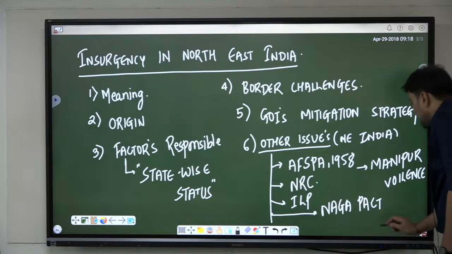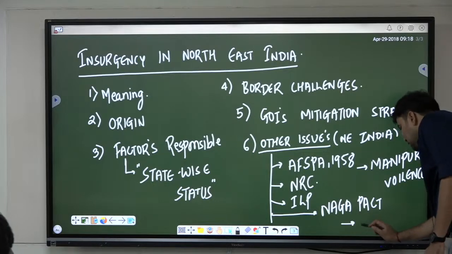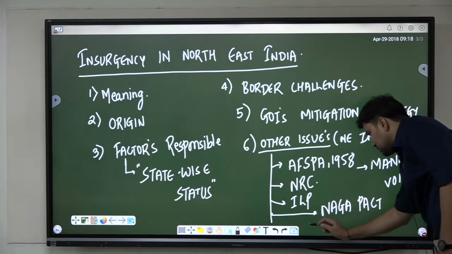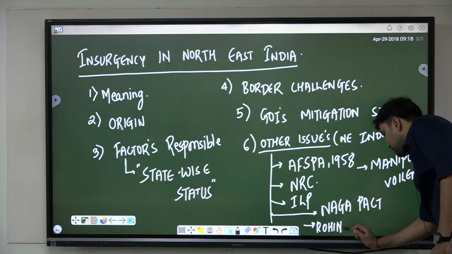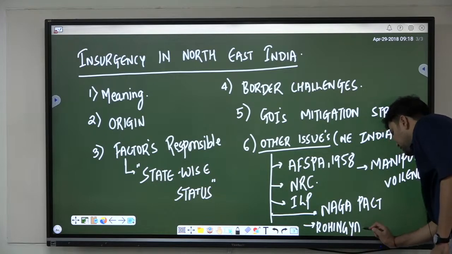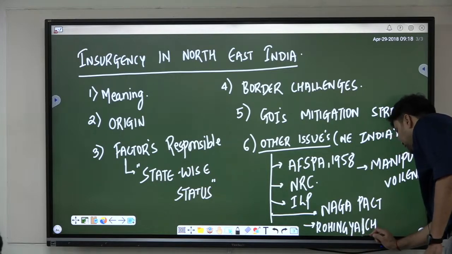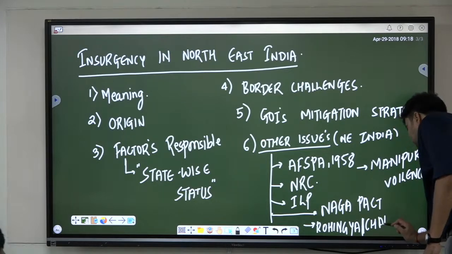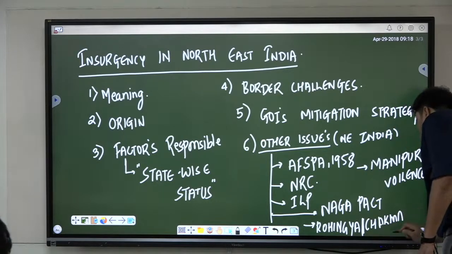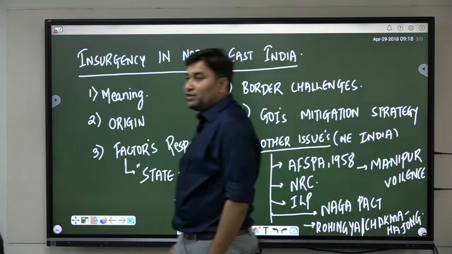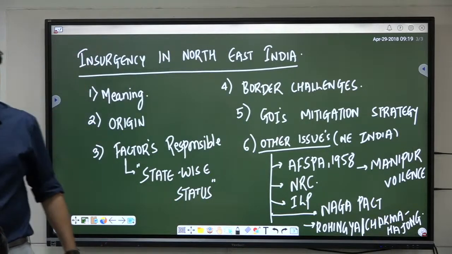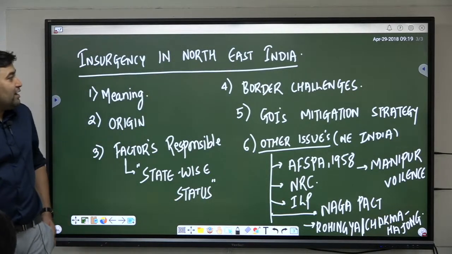Then we'll also understand the issue with respect to Rohingyas and Chakmas and Hajongs. Rohingya immigrants, and a separate topic is Chakma, Hajong refugees. So these are the points that we have to understand with respect to Northeast India, and on every topic